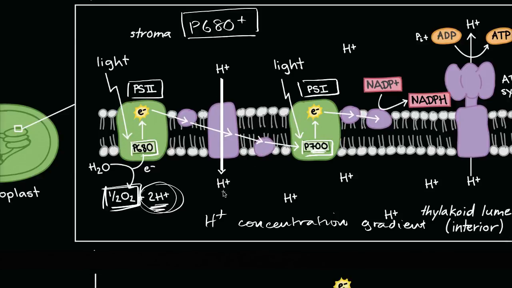protons across the membrane, and then eventually that electron will make its way to photosystem 1, where it can get excited again. If we think of it as the same electron, it doesn't necessarily have to be the exact same electron. But we can think of that same electron as being excited again by light energy, and then it can once again go to lower and lower energy states, and this time it's going to be used to reduce NADP plus to NADPH. Now, NADPH itself is an input into the Calvin cycle, but ATP is another input we need